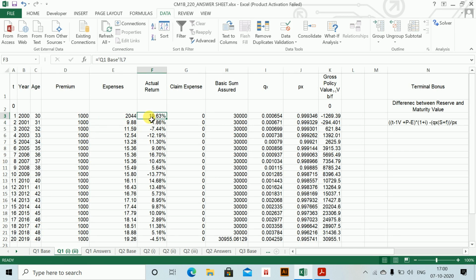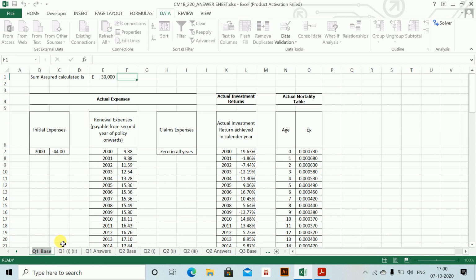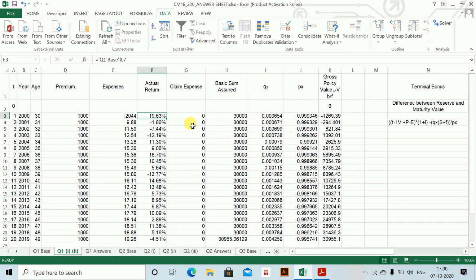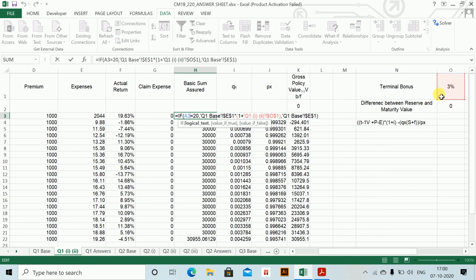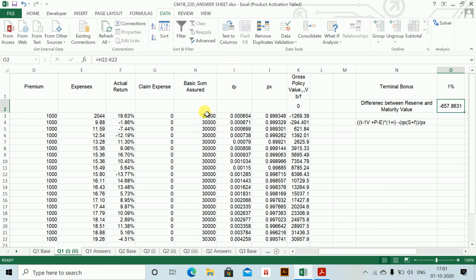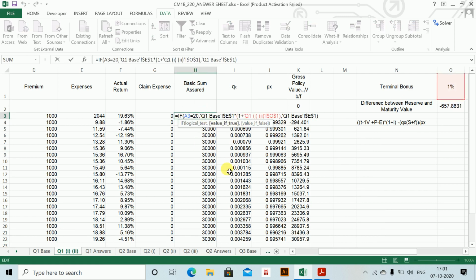For the actual return, I've just pulled the return from this base sheet over here, 19.63%. And claim expenses have been given as 0. For the basic sum assured, if the time is 20, then there will be a terminal bonus, that is sum assured times 1 plus bonus rate, and I have assumed a terminal bonus here. I assume it to be 1%.